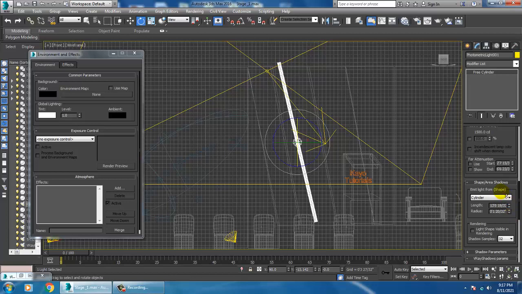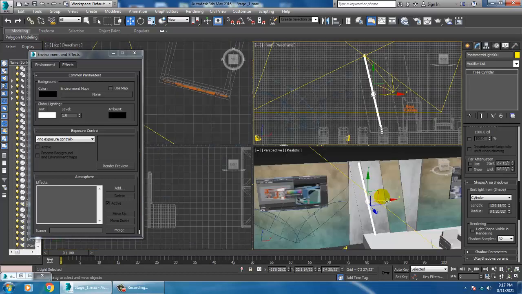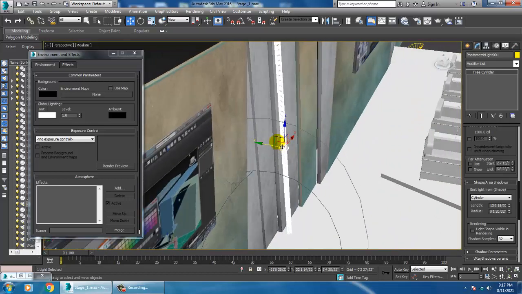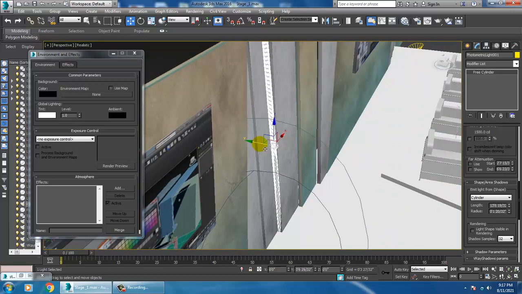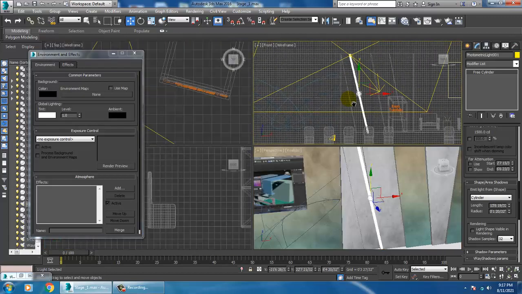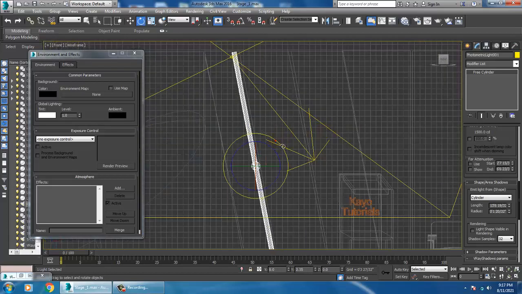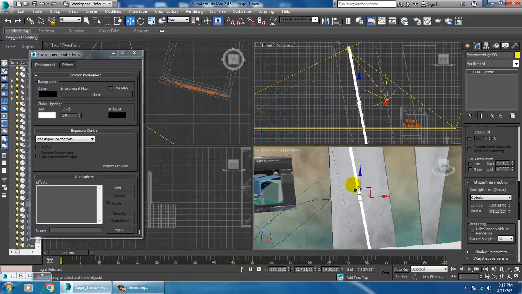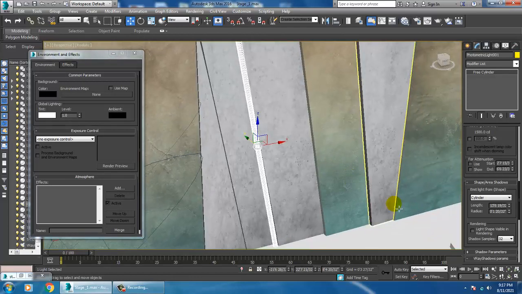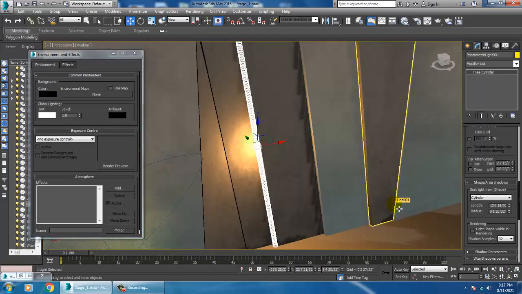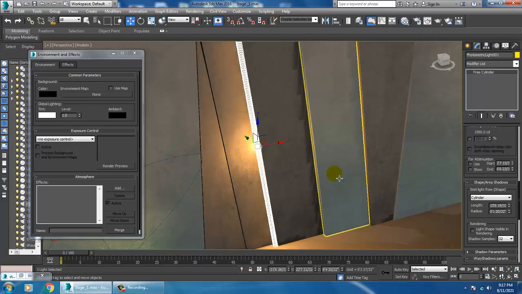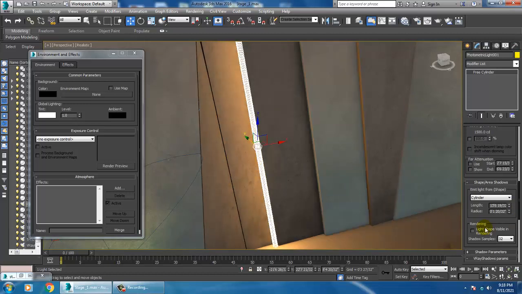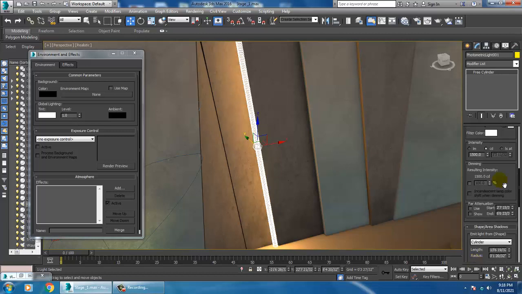I'll increase its length a bit over here. I'll put this light over here. So that will be an area which is affecting over here.